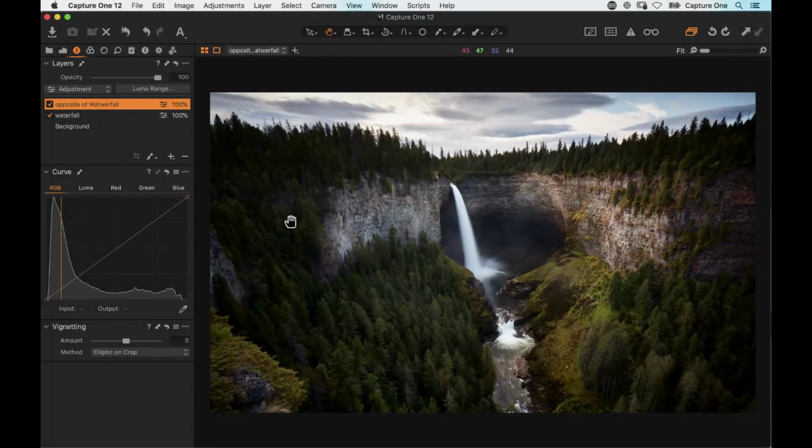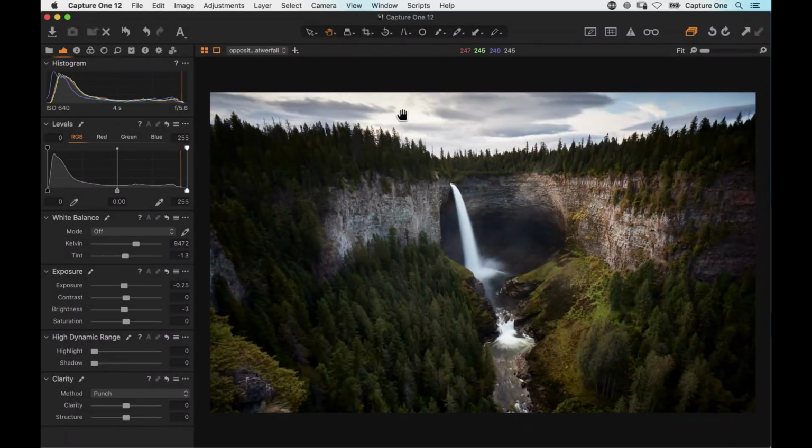Okay, would I do anything else? Potentially, depending what your thought is on the sky, we could darken that down, but I think it would start to look fake. So I would be tempted to just leave that alone, to be honest. All right, let's have a look at your